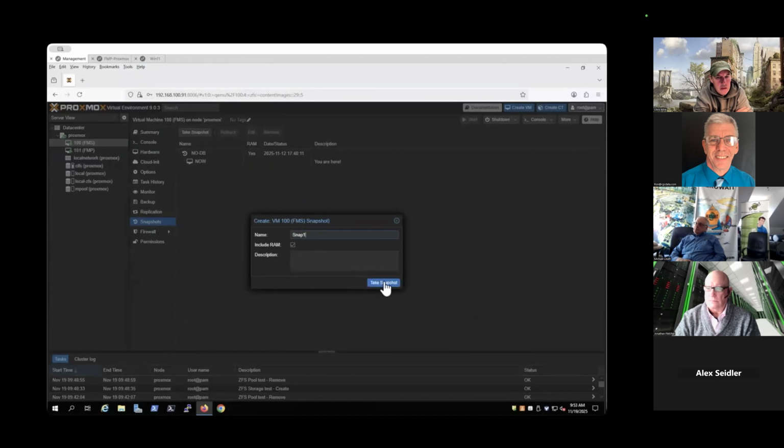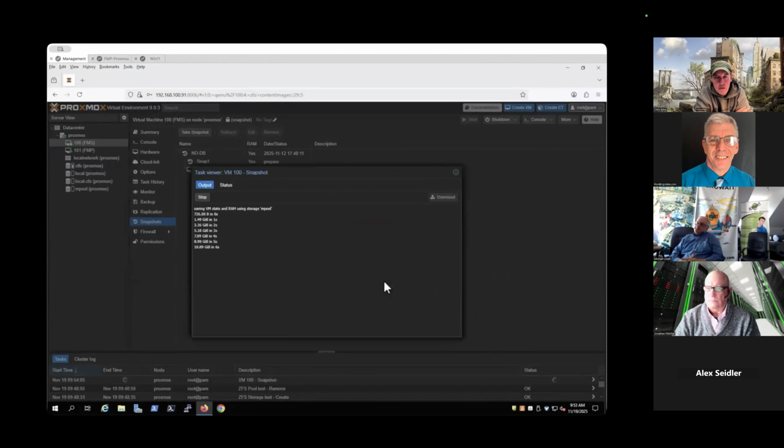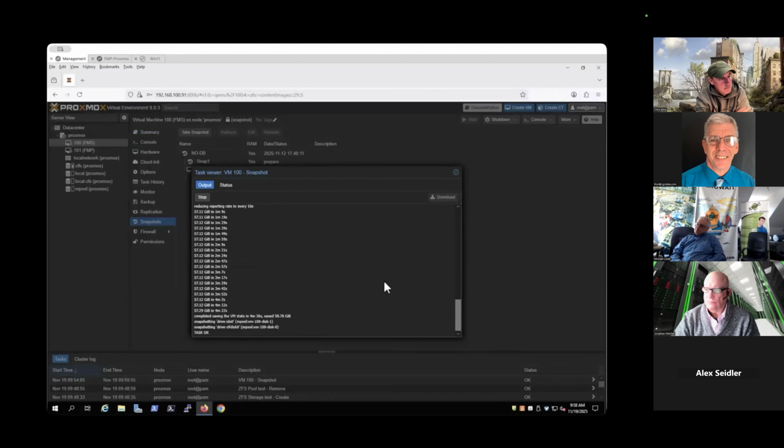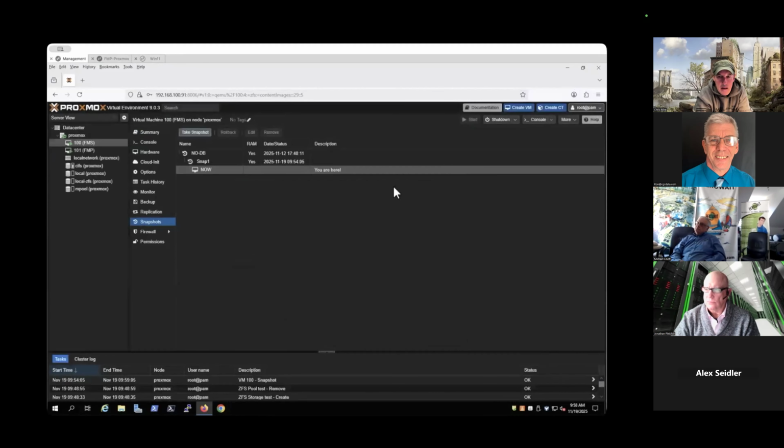The reason we do that is to allow us to copy the system state at the moment that you're creating the snapshot. It takes a little bit of time to copy the RAM for the system state, but it allows us to bring it back to that state after rollback. So here we've compressed the time again. Overall, it takes about 5 minutes to copy the RAM plus a near instant snapshot from ZFS. And we're done. So now that we've got a good snapshot, we're going to go medieval. We're going to create some havoc and delete some FileMaker databases.